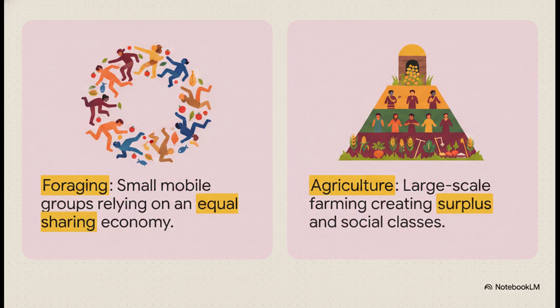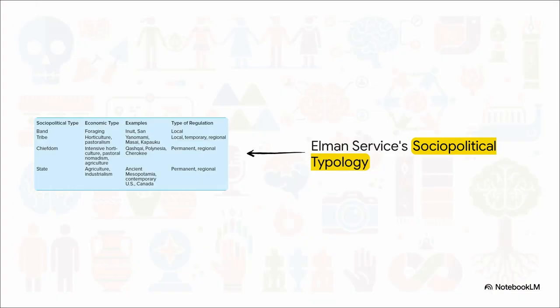People moving in small groups, sharing what they hunt and gather. But man, the moment agriculture is introduced, society completely shifts. You suddenly get surpluses, which means you need property rights, and boom, suddenly you have social inequality. So let's see how this builds into political systems.